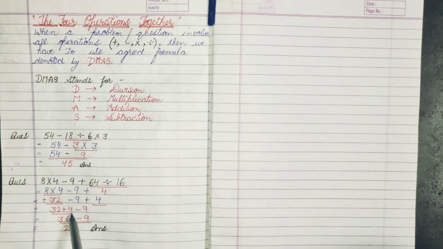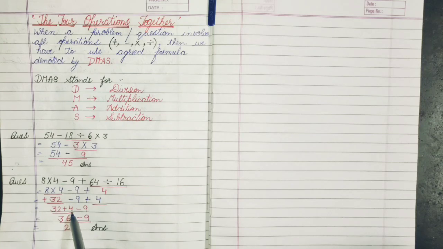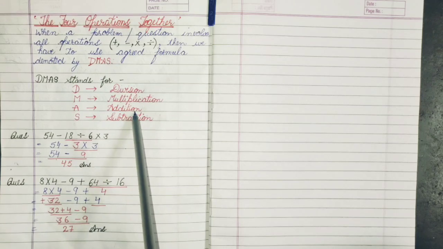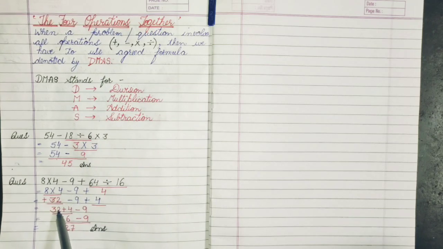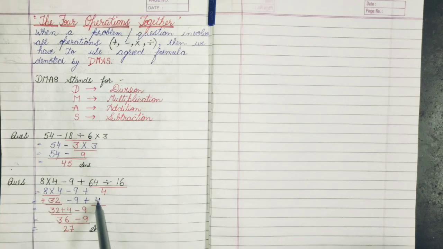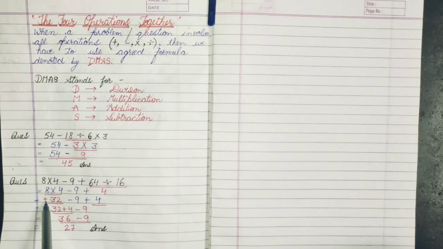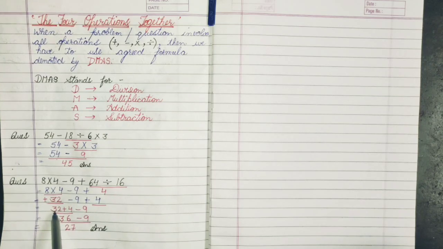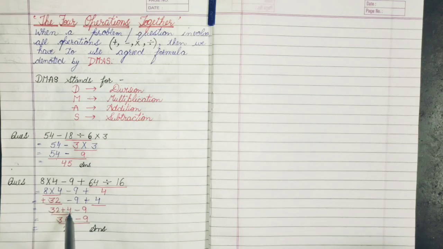32 plus 4. Why have I done plus before? पहले मैंने प्लस क्यों किया? There is a reason behind it, that is we have to do the addition before subtraction. तो पहले हम ऐड करेंगे, और किन नंबर्स को ऐड करेंगे? जिनके आगे प्लस है. Here I have taken 4 because in front of 4 plus was there. In front of 32 plus sign is there. I have considered it, because when no sign is there, we consider plus sign should be there. So 32 was also plus, and 4 also.